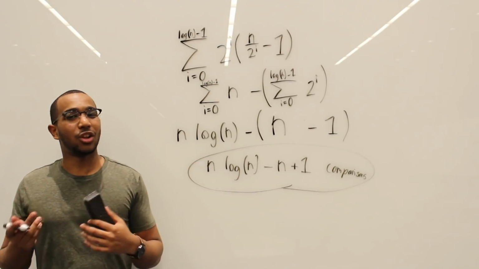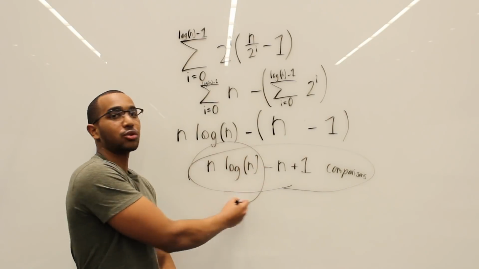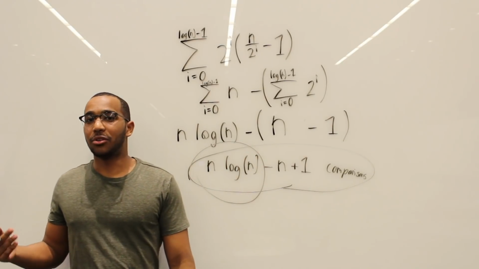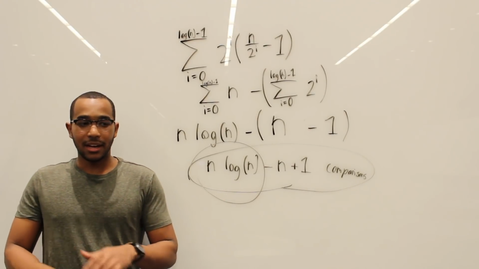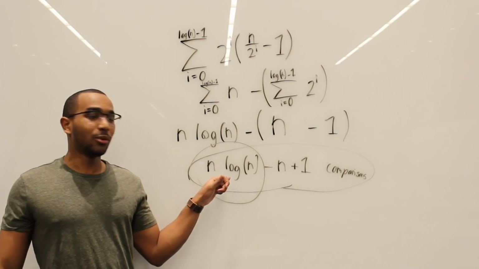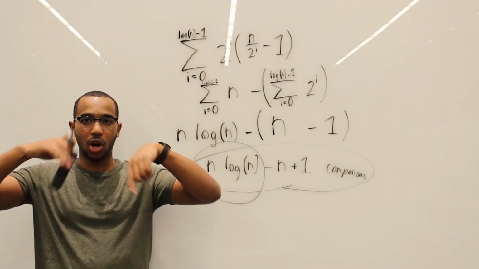So where does n log n come from? Why is there n log n? Well, it's right there. That's the big O boundary. That is where it comes from. There's no mystery. This is exactly why. And whenever we see a log n, always think of splitting. So that's where the splitting came from, log n splitting.